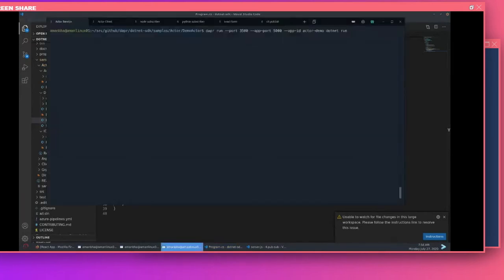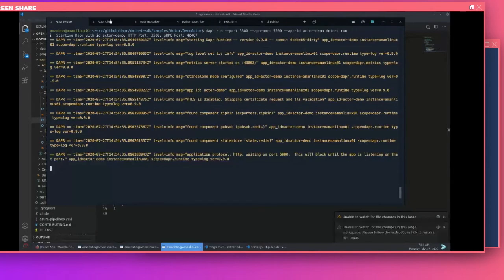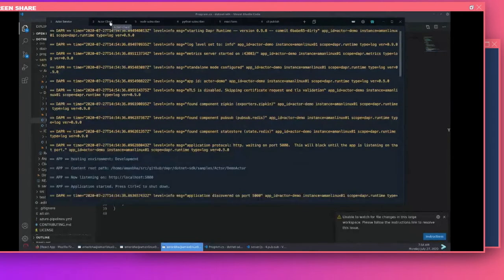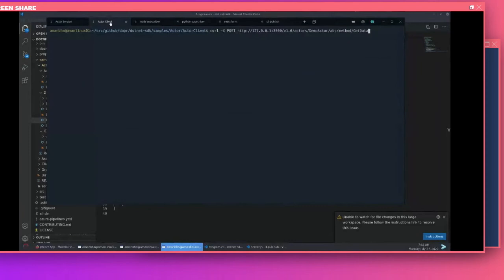It's just saying dapr run, the Dapr port is 3500, the application port is 5000, and then it's going to just run the actor service. So once the actor service is running, you can run the client application, which I just showed you. It's just going to make the calls to the actor service using the Dapr sidecar, and then